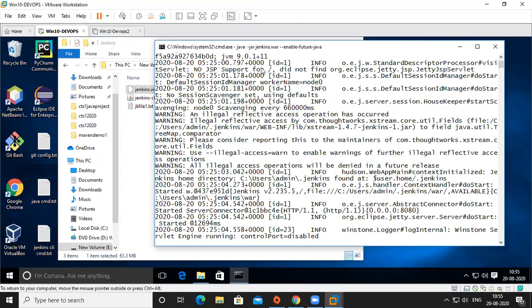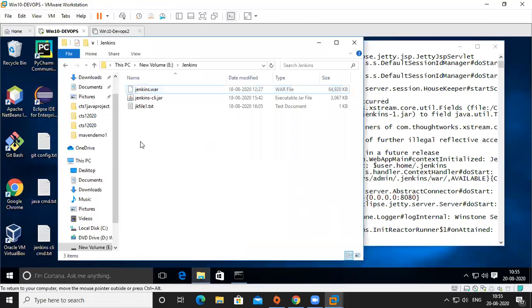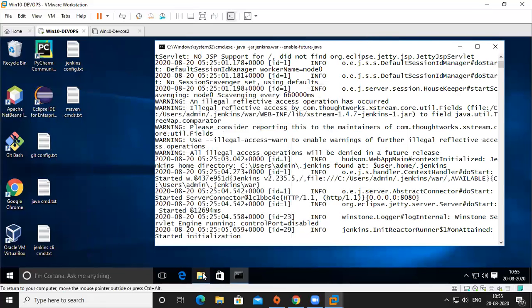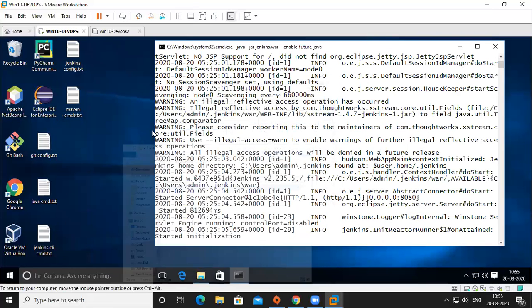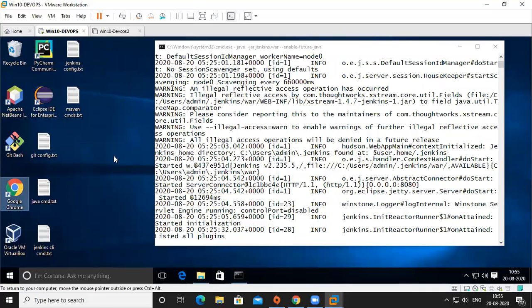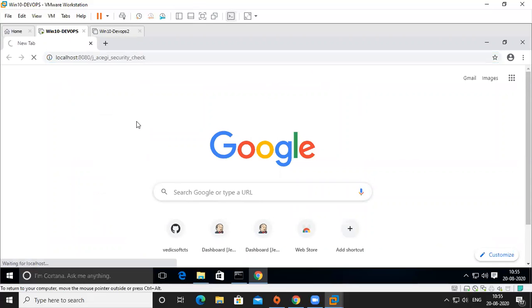Okay. So once it has started, initialized and is up and running, then we can open it. Otherwise, you have to close everything. So in a browser, we have to go to login.